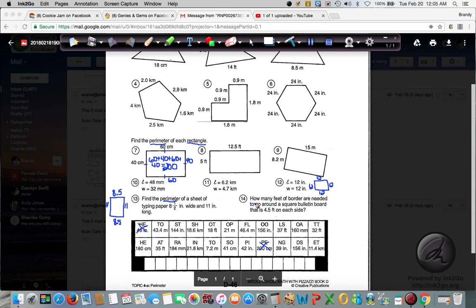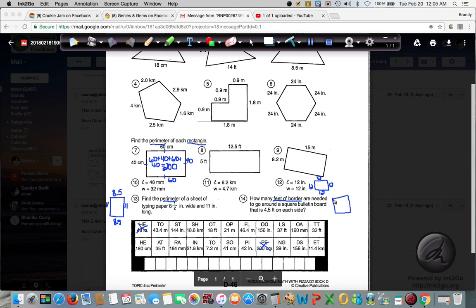Number 14, how many feet of border are needed to go around a square bulletin board that is 4.5 feet on each side? Well, this is important. Okay, normally when we're looking for border, right, border goes around, and I know you guys learned back in 6th grade, if it goes around, that means perimeter. So it doesn't say the word perimeter in the question, but it talks about border. And a border is something that goes around,